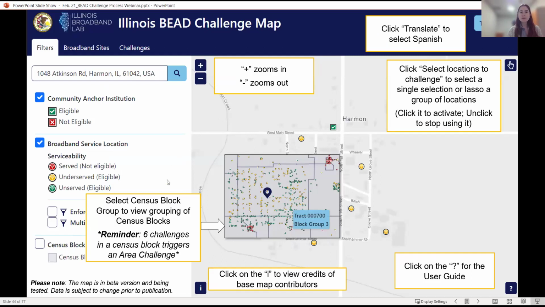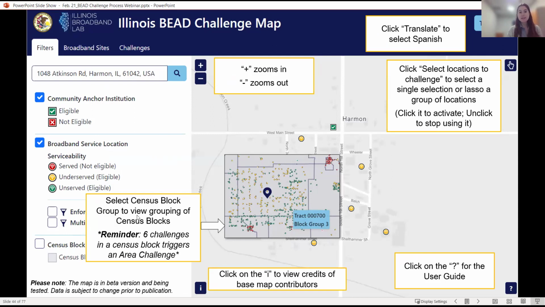Before we go into the process, this may look familiar from our webinar about a month ago on the map walkthrough. This map has been live for about a month now, but I want to recap a couple of tools. Once you're on the BEAD challenge map, you can zoom in and out using the plus and minus buttons.